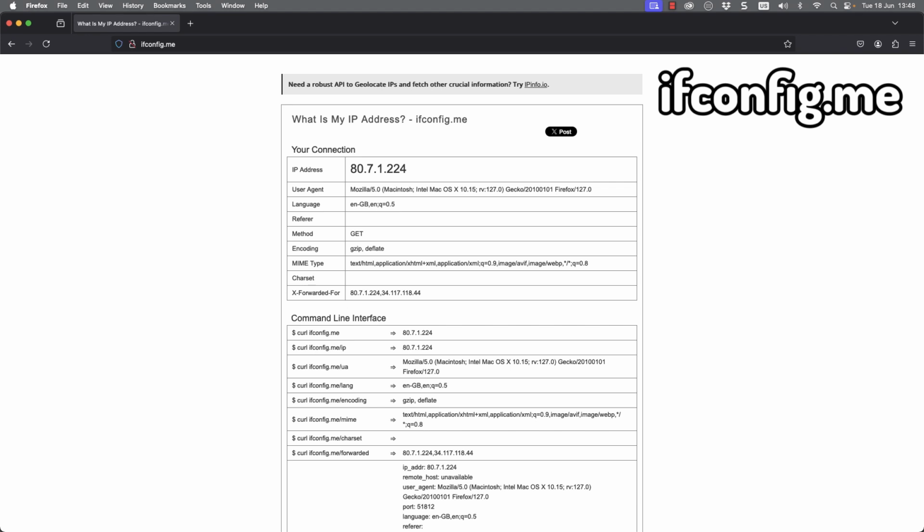But we could also get this explicitly by using /IP. And our documentation is shown really with the command line interface. So ifconfig.me by itself is going to return just the IP address in the same way as we use /IP. If we wanted the user agent, we would put in /UA and so forth with the documentation.